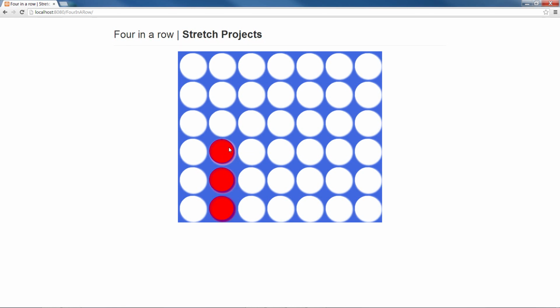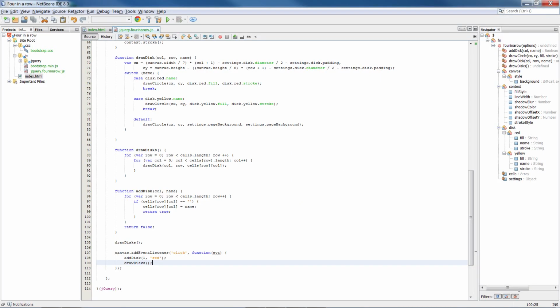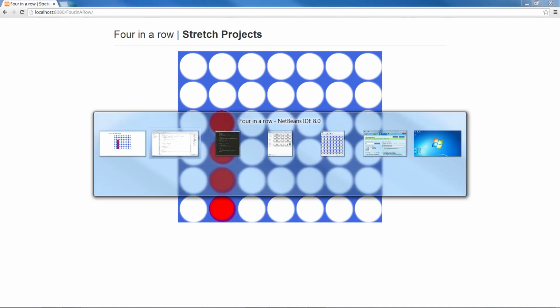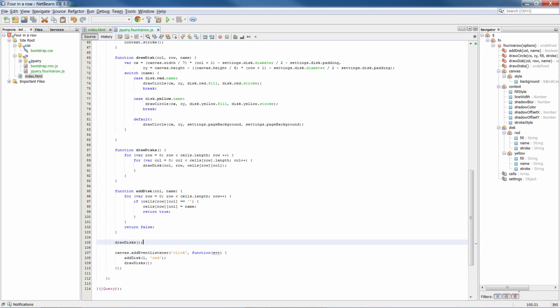Now there's one problem here, which is the fact that we obviously don't click in column 1 all of the time. I can click over here, that's not column 1, and so we need to get the column dynamically. So if we try and do that,